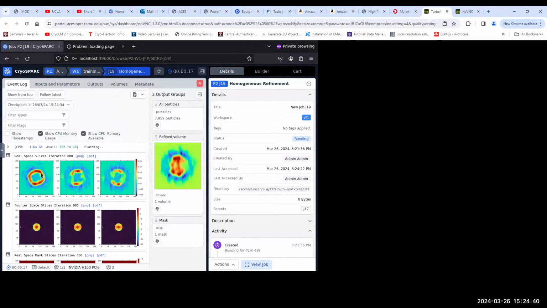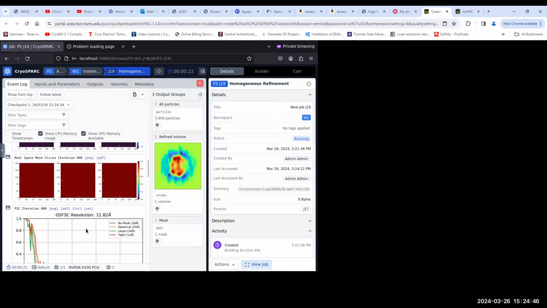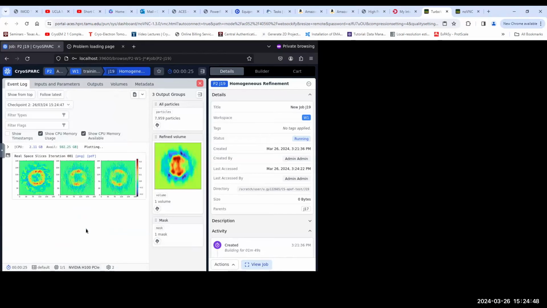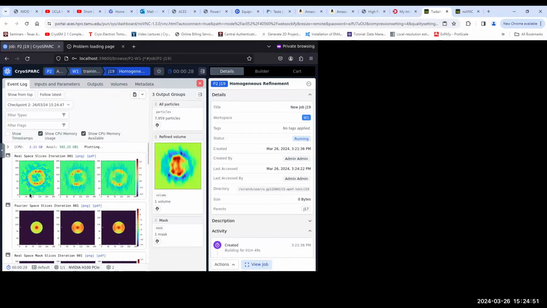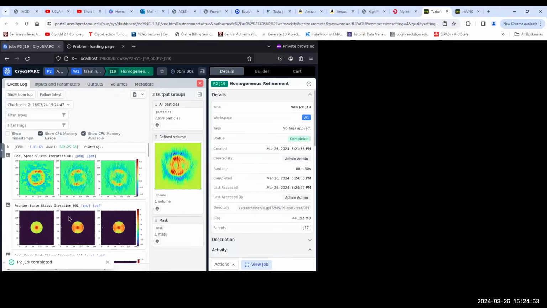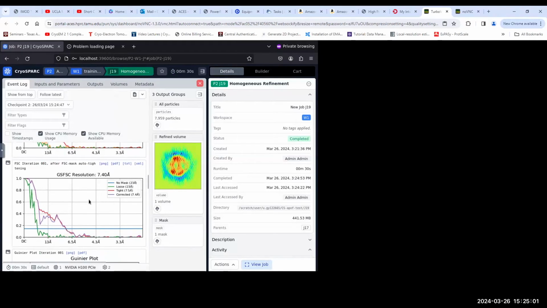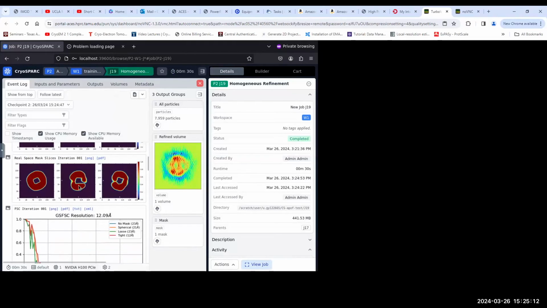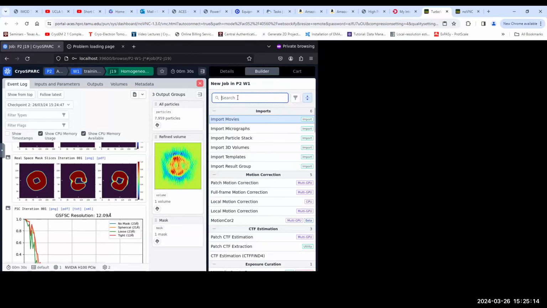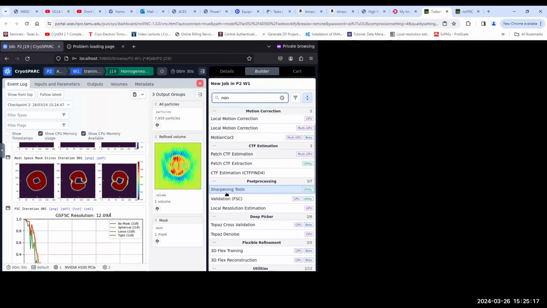So homogeneous refinement usually gives you the map, and the final resolution will be higher as compared to the heterogeneous refinement. So you can already see that high resolution information already starts to come out. And since it did not see huge change in the different iterations, it says stop, and that's the final resolution. So now after the homogeneous refinement, you can run non-uniform refinement,